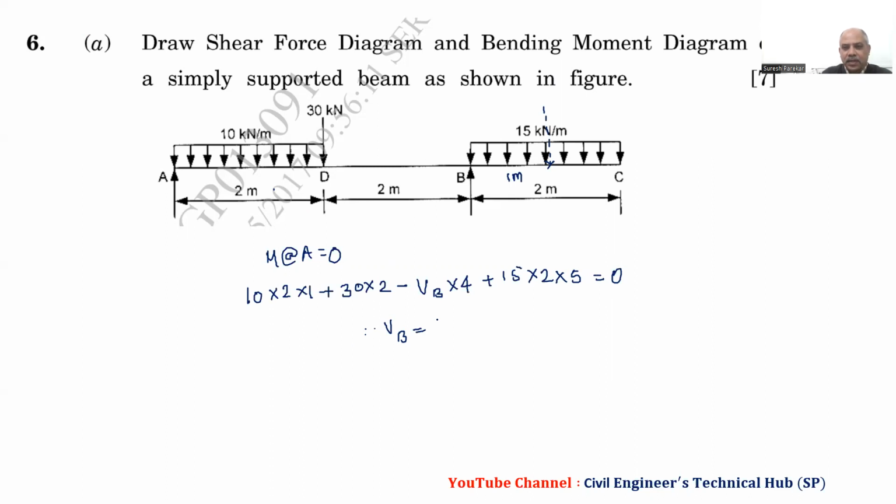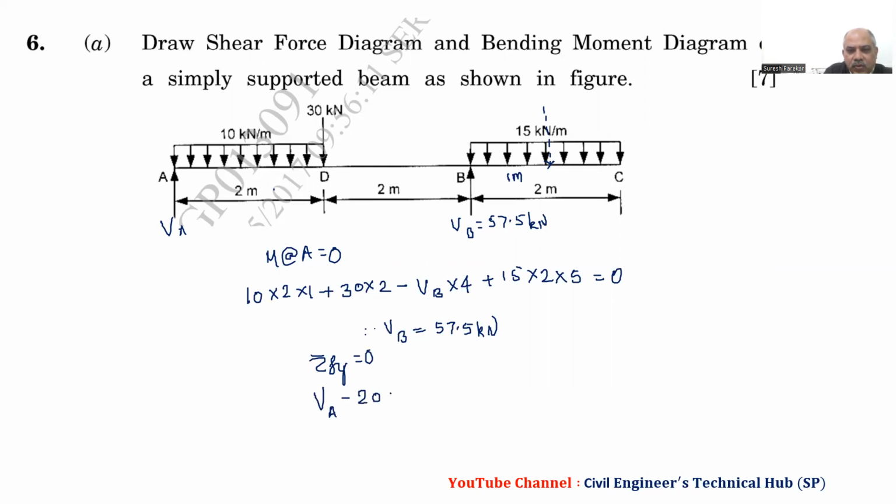80 plus 150 divided by 4. So we have this value, 57.5 kilonewtons. Then we have to find VA. So we will apply sum of Fy equal to 0, and from this we will get VA